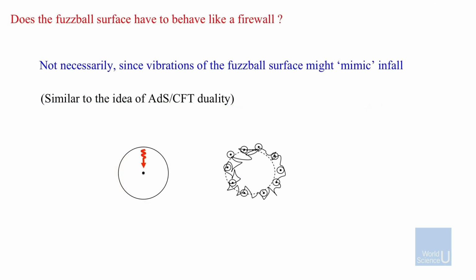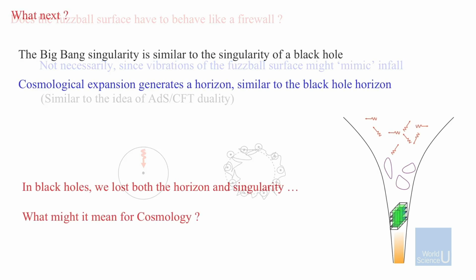And then our final step: does the fuzzball surface actually have to behave like a firewall? Will it burn you? Well, if there's a real surface there, you can't really proceed any further. But falling on the surface oscillates it. These are the oscillations. And if those frequencies are the same as the frequencies of waves inside the black hole, if you fall on it hard enough to get this approximation to work for high energies, you actually can't tell the difference. So you wouldn't know that there's actually a firewall there. You'll feel you're falling through the vacuum.